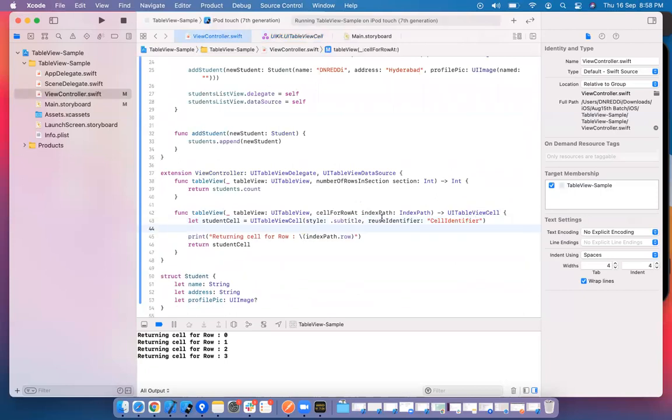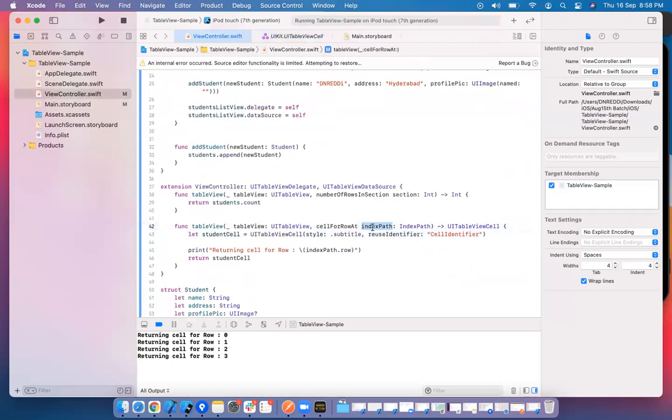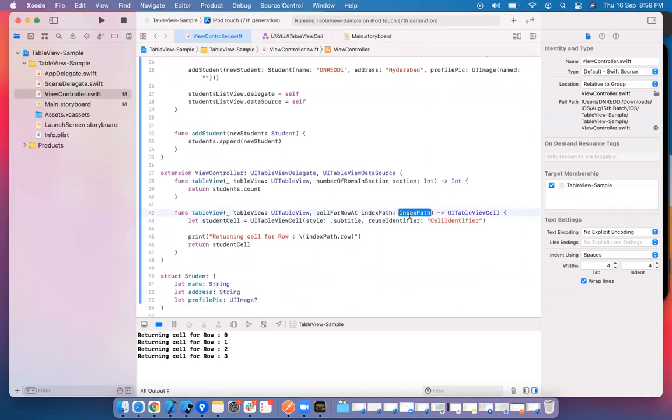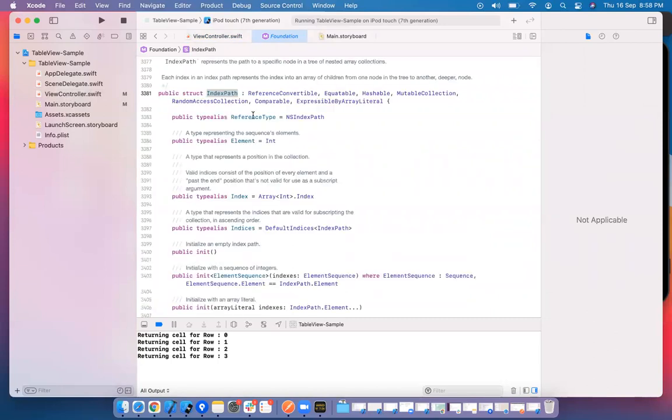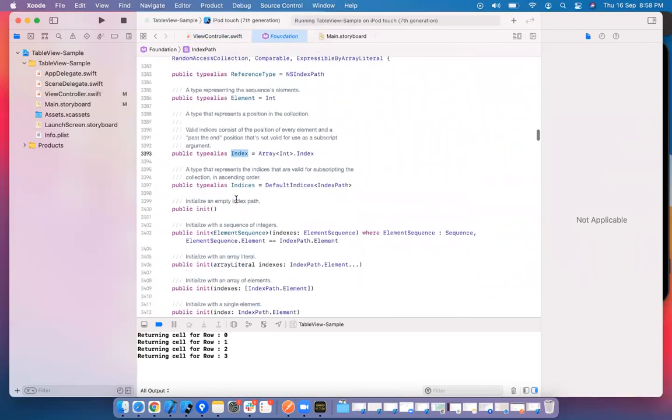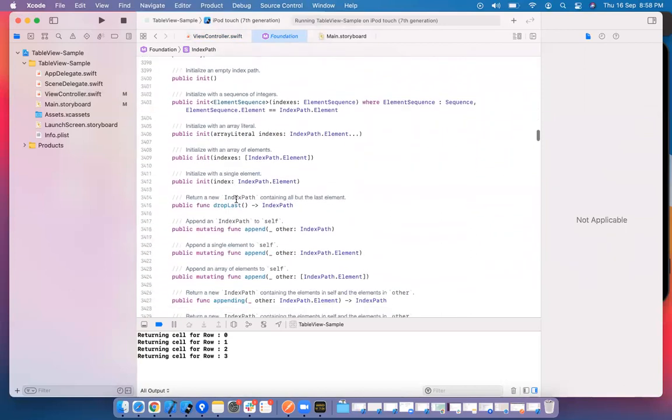Here we are getting index path as one input argument. What it says is the row number, actually. Go inside and see what exactly it has. It contains a row and section.